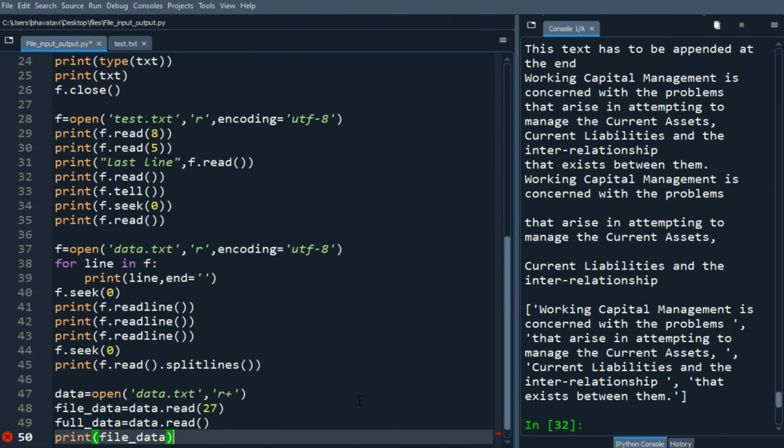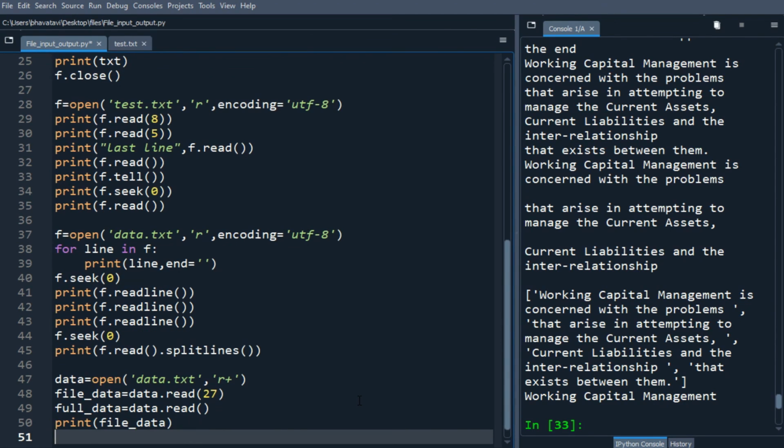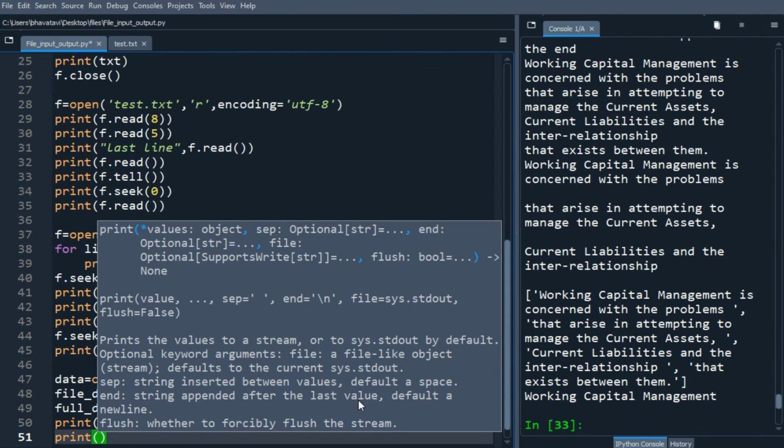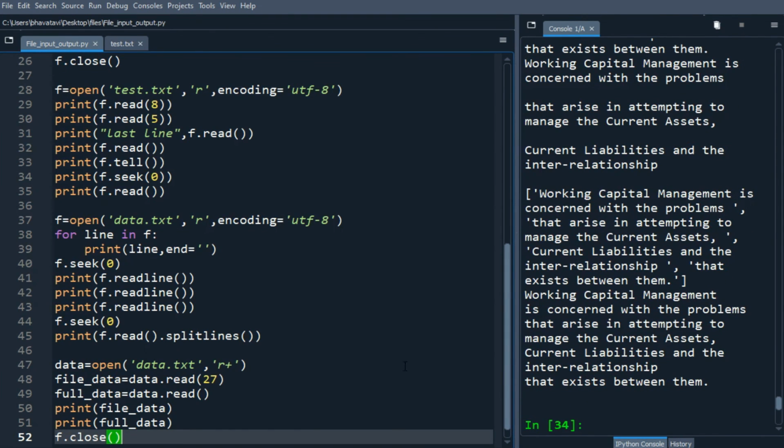So let's run it. So you can see in the file_data it is just printing working capital management. So now let's print the full_data and f.close to close the file. Okay, so let's run it. So you can see here it is showing the complete